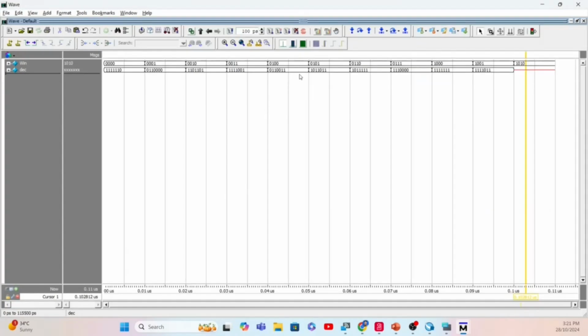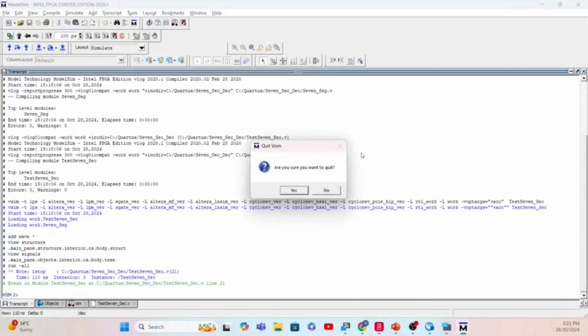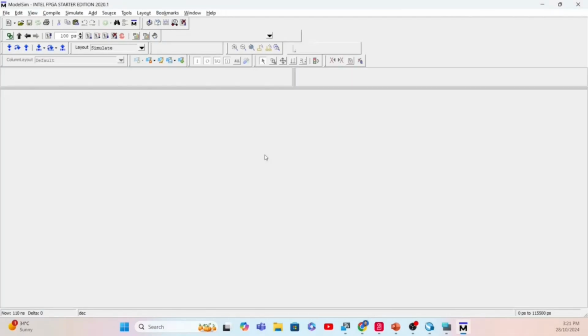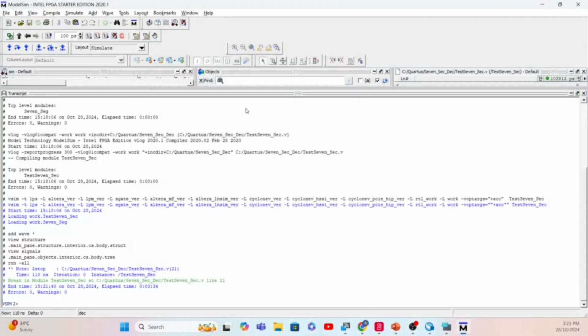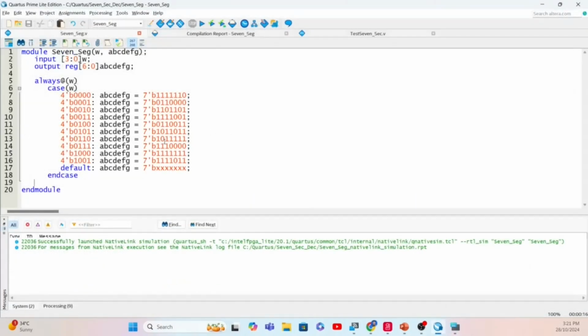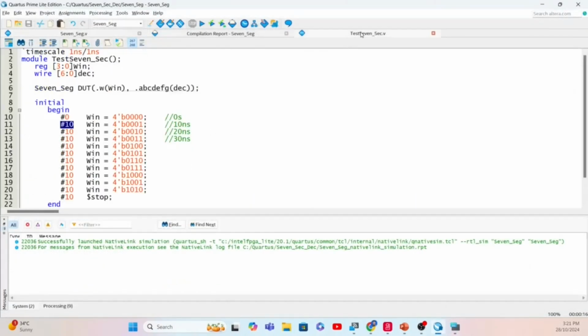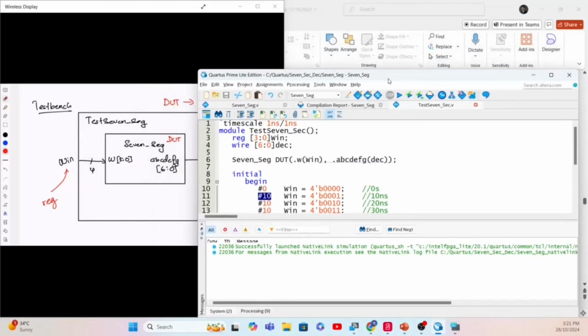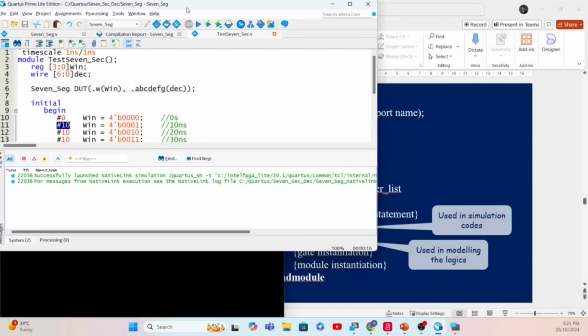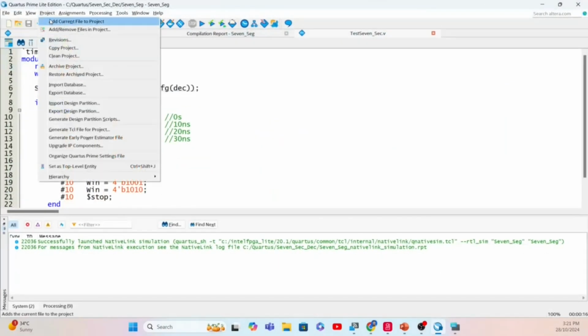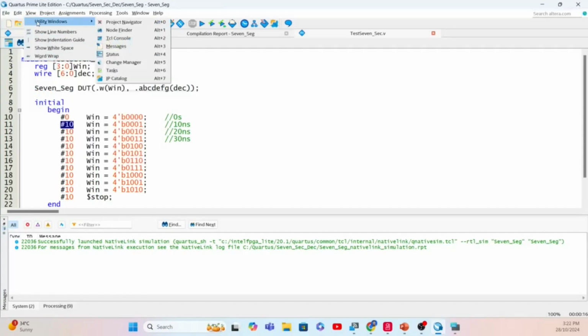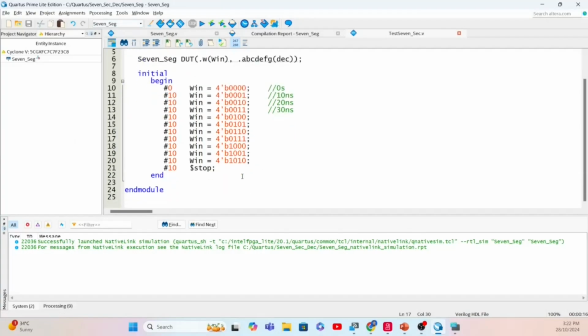So let me create this to show you how we do that. Let's close this simulation first. Okay, we close the simulation, and let's say, for example, we want to create the text-based simulation output, right? So to do that, you need to add one more